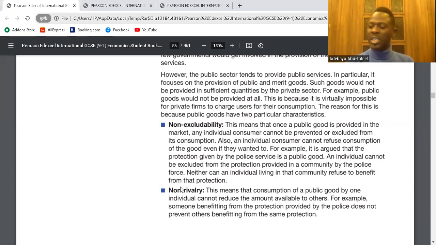What makes them non-excludable? They are non-excludable because as soon as they are provided, you cannot stop anyone from consuming them. So if government provides this pen, nobody can stop me or you from having it. That is non-excludable. Everyone can consume. Is it clear? Yeah. For non-rivalry, your consumption does not reduce my own consumption. That is non-rivalry. It's not the same as non-excludable. Non-excludable means you cannot stop me from consuming it. Non-rivalry means your consumption does not reduce my consumption. Are they the same? No. Is it clear? Yeah. So a public good is a good that is what? Non-excludable, non-rivalrous. Clear?